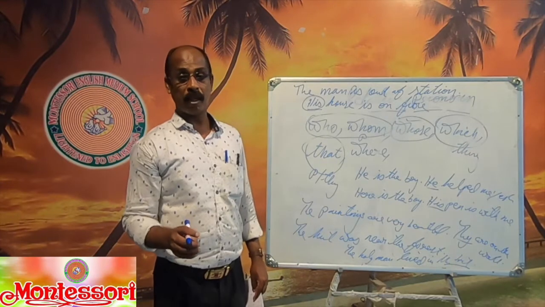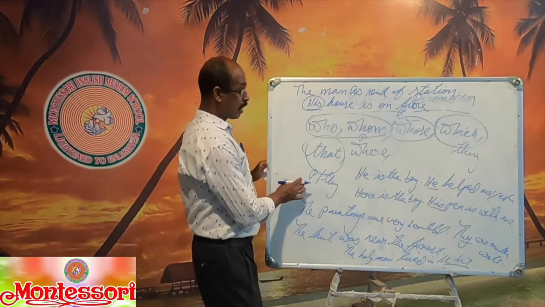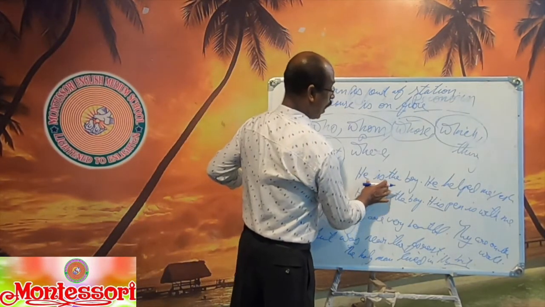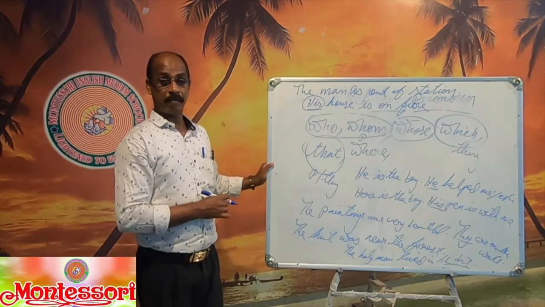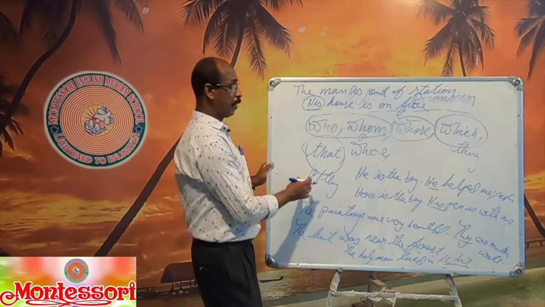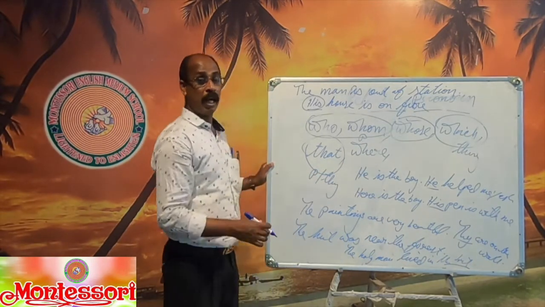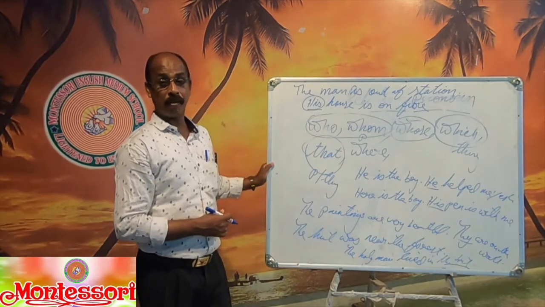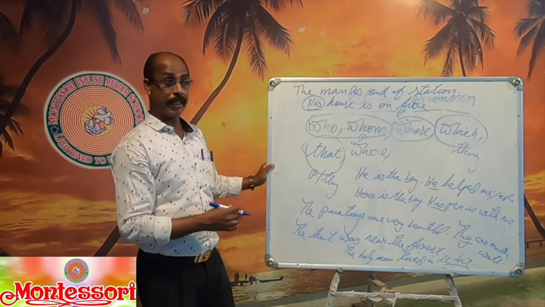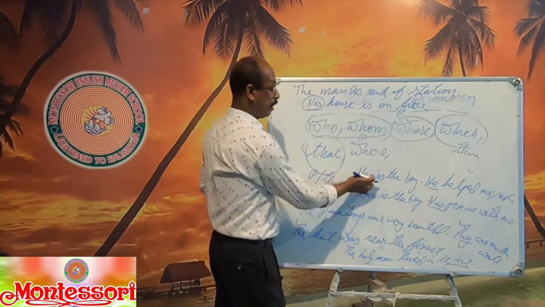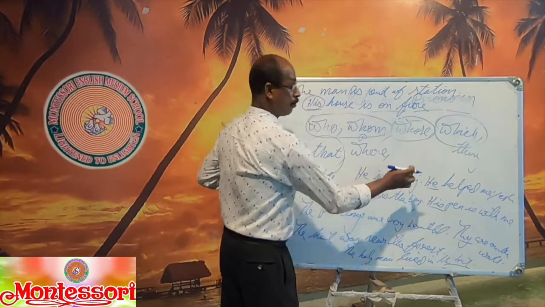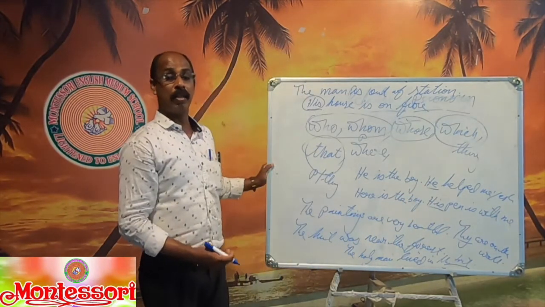Possessive relative pronoun. Relative pronouns join the sentences and also stand for the noun or pronoun repeated. So when the noun is repeated, you are using a pronoun and you are joining the sentences. They are called relative pronouns. Relative pronouns talk about what we have talked already. He is the boy. You have already talked about the boy. Second time when you talk about the boy, what is the pronoun?